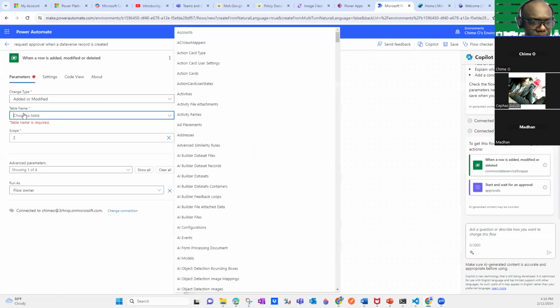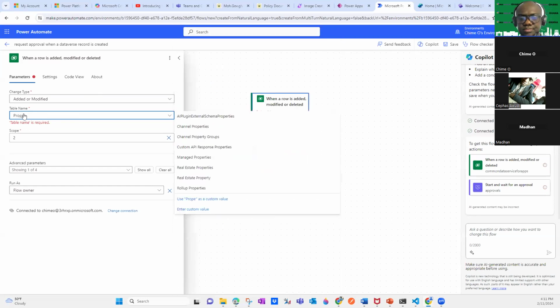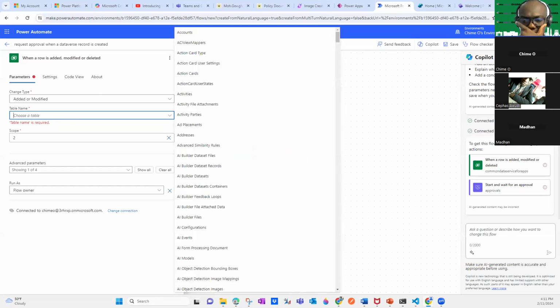So you have different tables within Microsoft Dataverse, whether it's your out-of-the-box table, or maybe a custom table like the one we just created back there. So it can be a property. Sorry, I'm just trying to think about what that table is called now.